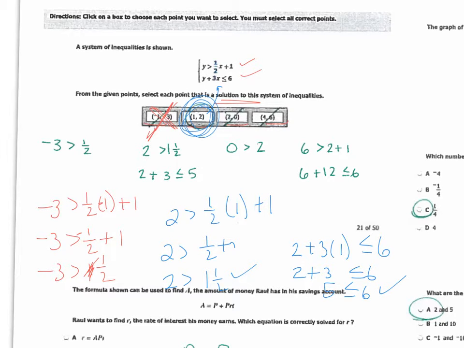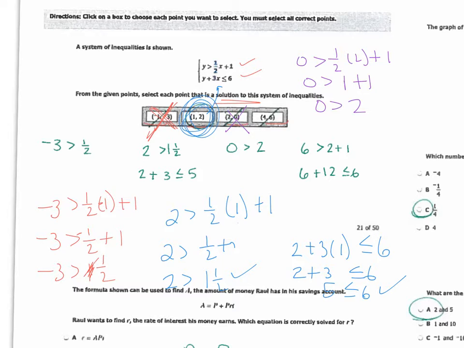So now, let's try the next one. I'm going to plug 0 in for y, 2 in for x. I get 0, 1/2 of 2 is 1. Is 0 greater than or equal to 2? Nope, definitely not that one. And if I do the last one,